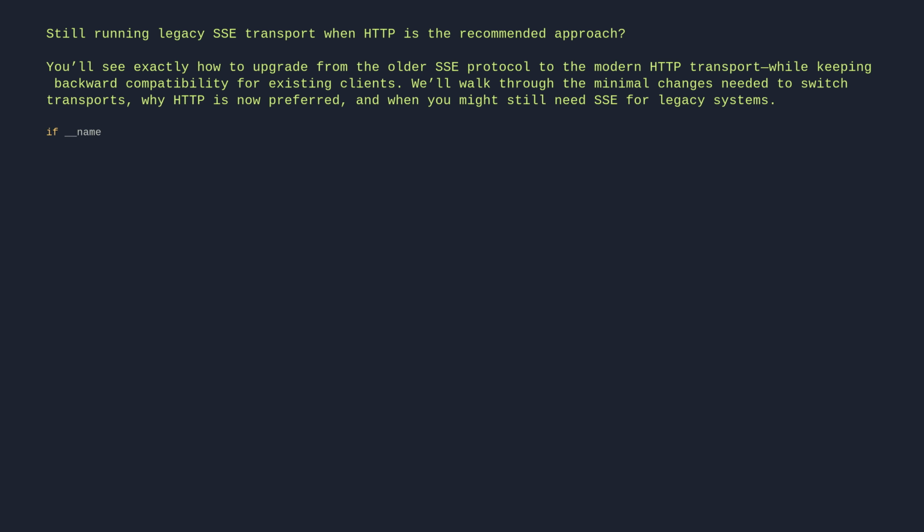if __name__ == "__main__": # SSE transport. Use HTTP instead for new projects. mcp.run(transport="sse", host="127.0.0.1", port=8000)